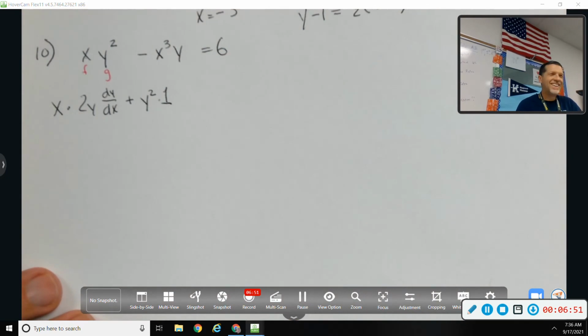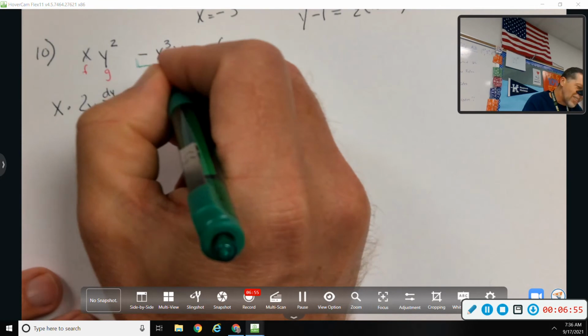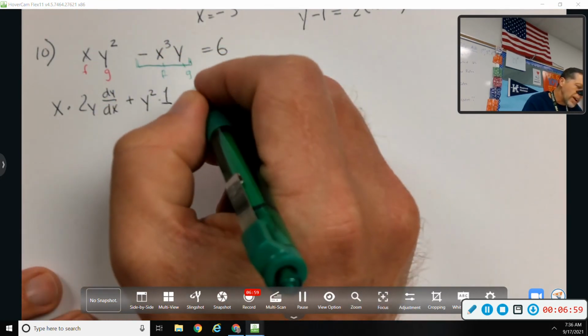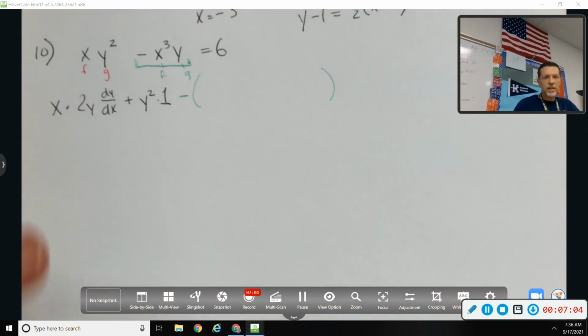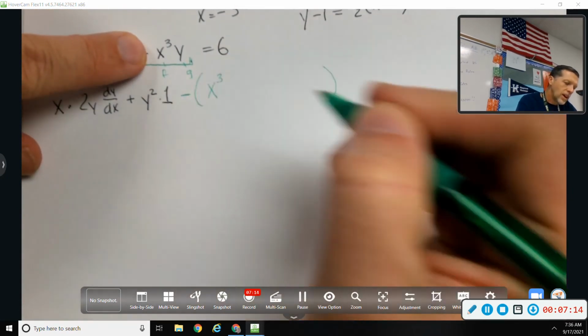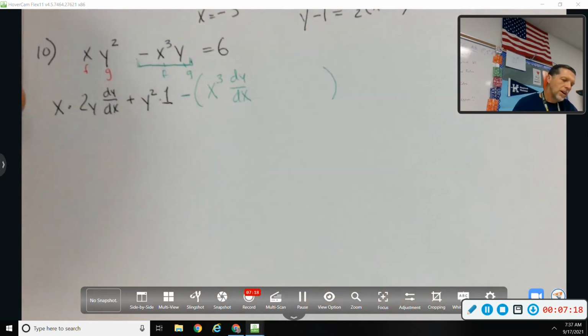Okay. Same process, not exactly the same. I'm going to put the minus sign out front just so I don't have to worry about it. I'll distribute it later. And again, product rule in place. Hopefully you're getting to the point where on ones that are simple enough you can pull that off. So first one, x cubed, derivative of the second one, dy dx,